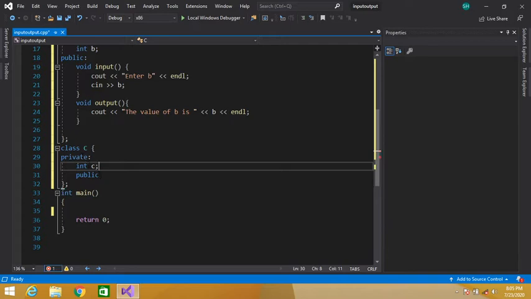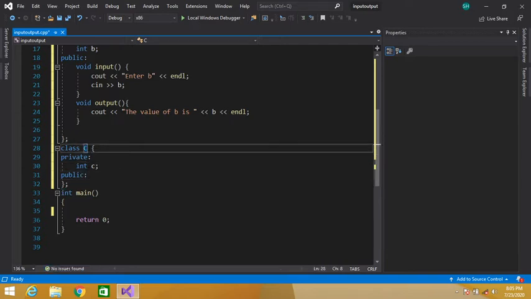Okay, we have multiple inheritance. What is multiple inheritance? When a child class has more than one parent.